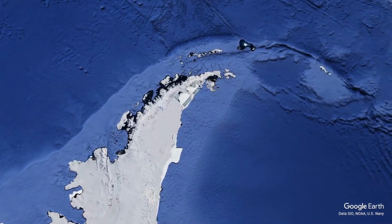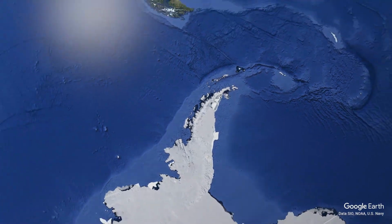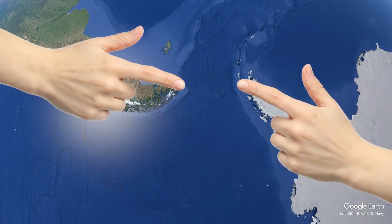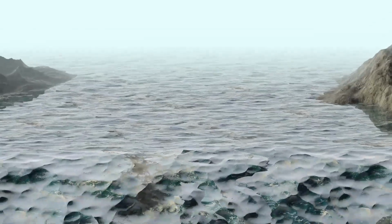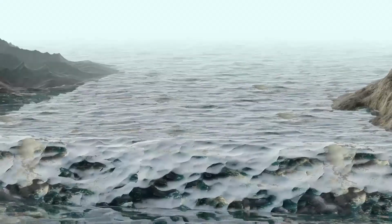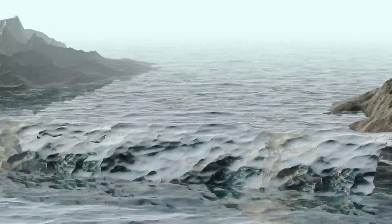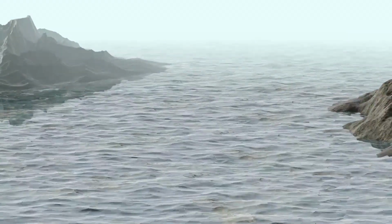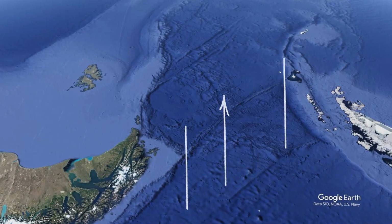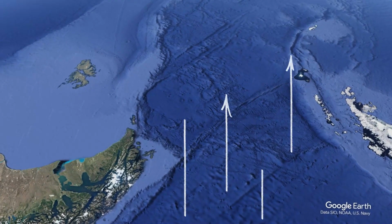The Antarctic Peninsula, where travelers go, isn't really part of Antarctica itself. It sticks out and points towards South America like 2 fingers almost touching it. The water gets squeezed between these 2 land masses, making strong ocean currents. The passage is part of the Antarctic Circumpolar Current, the largest ocean current on Earth. The water rushes through the passage at a speed between 95 and 150 million cubic meters per second, which makes